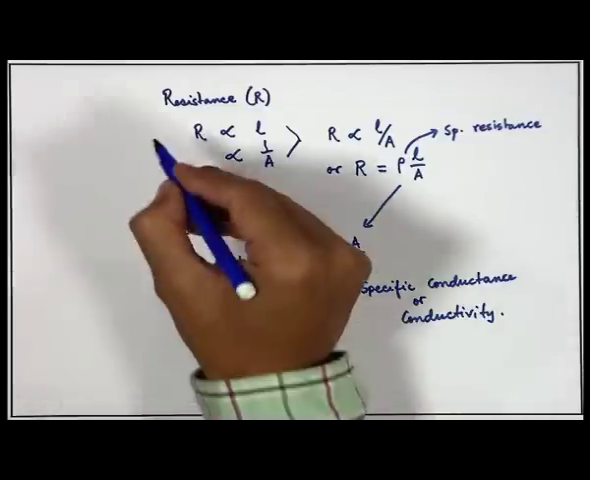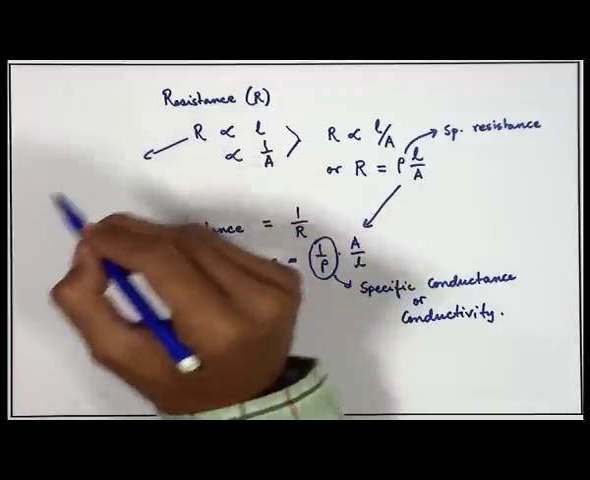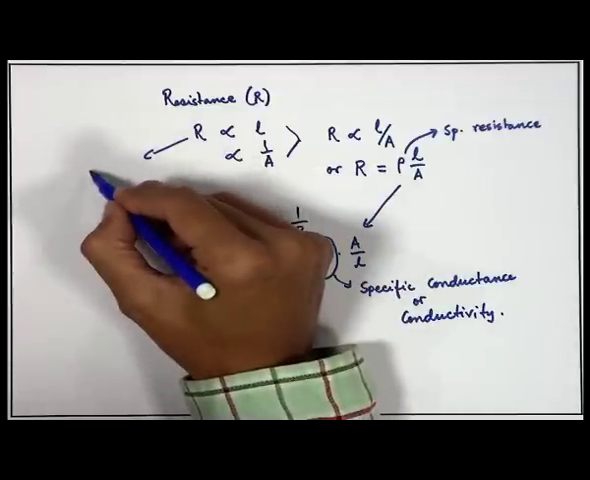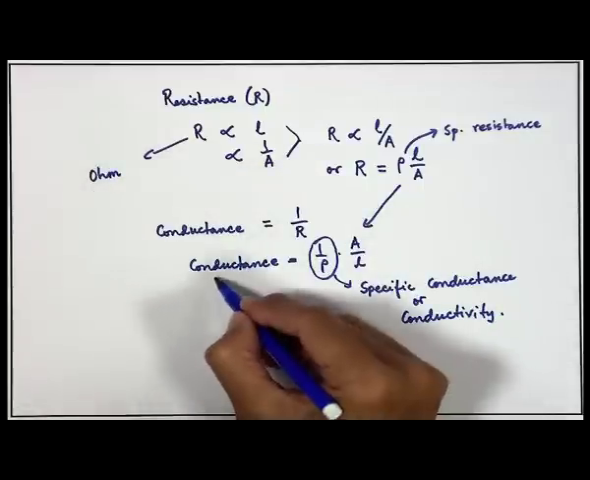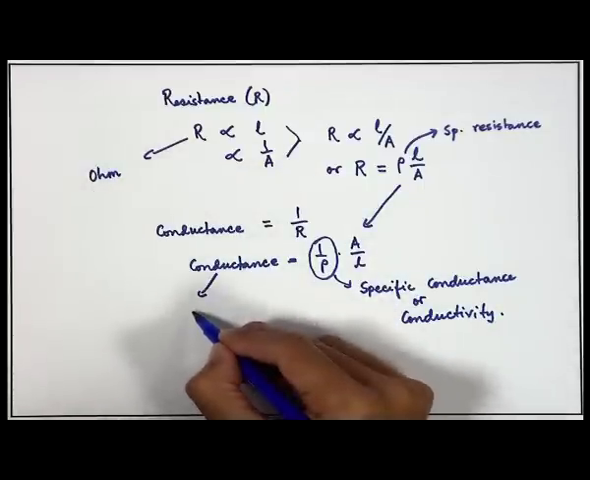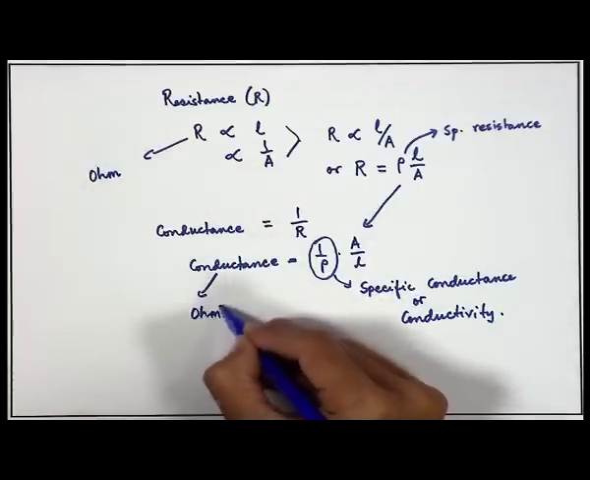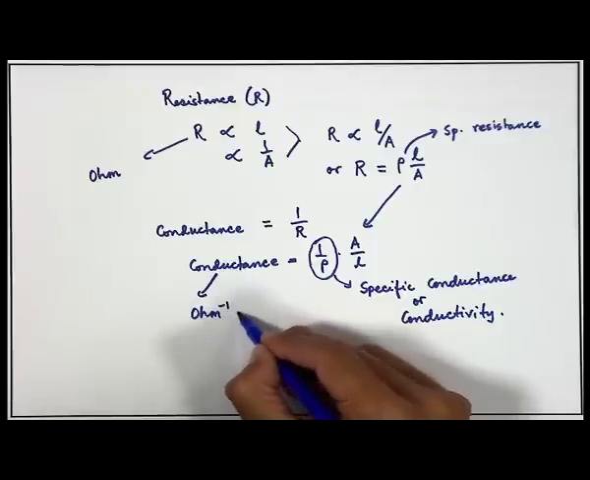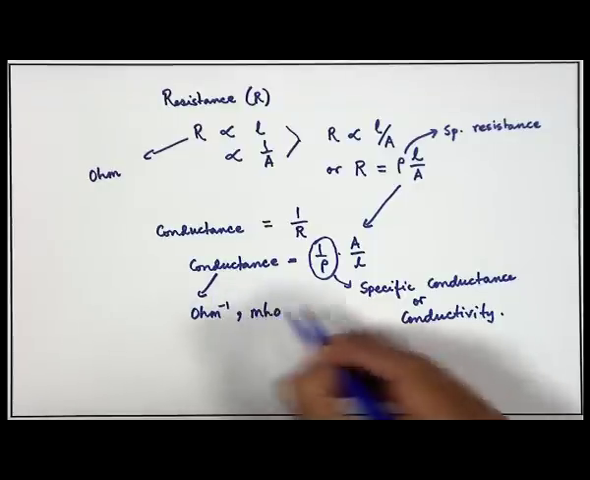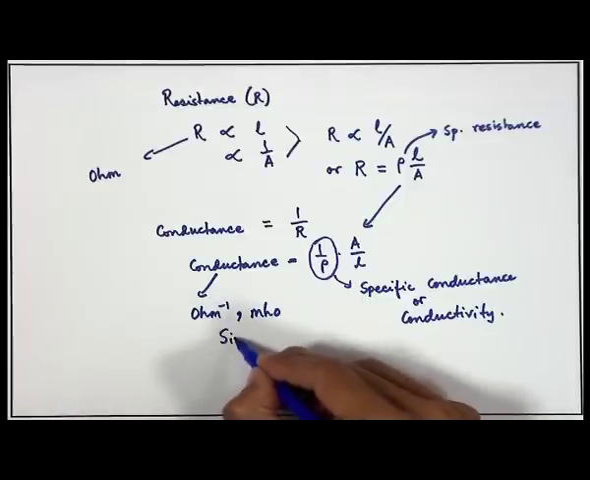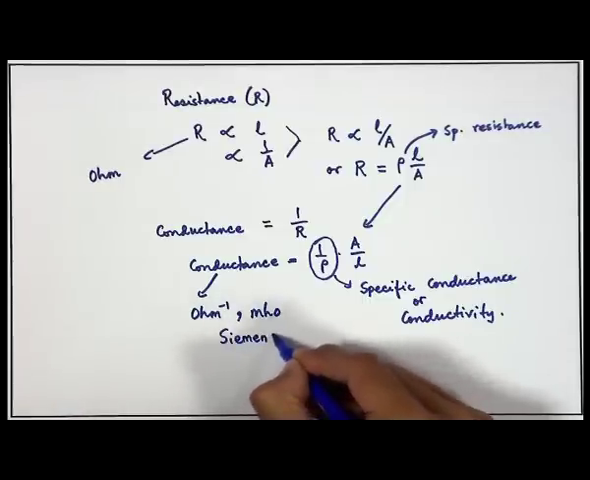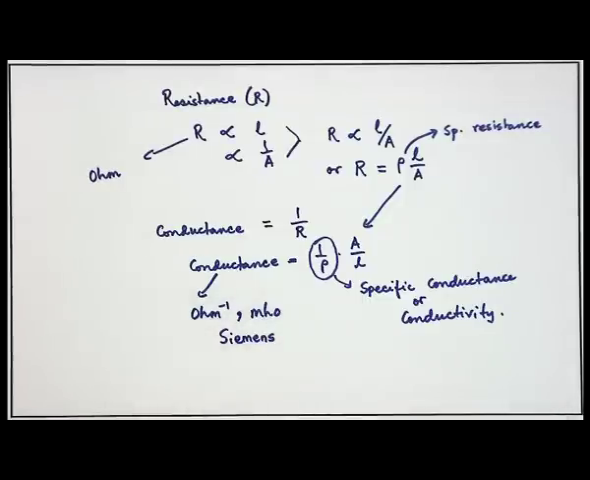So, the unit of resistance is ohm, and the unit of conductance is ohm inverse or mho, and in the SI system it is Siemens. Okay. So, therefore, we can write